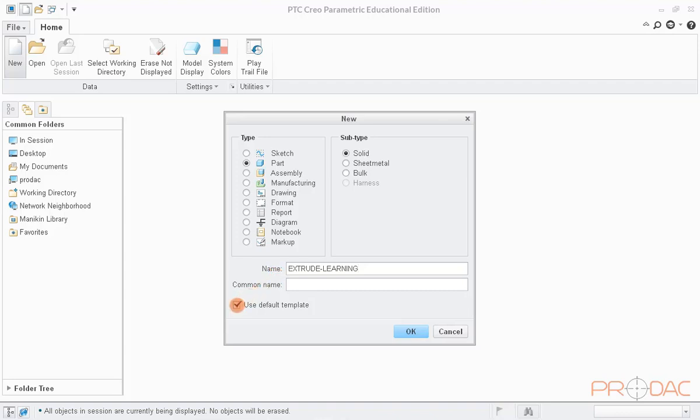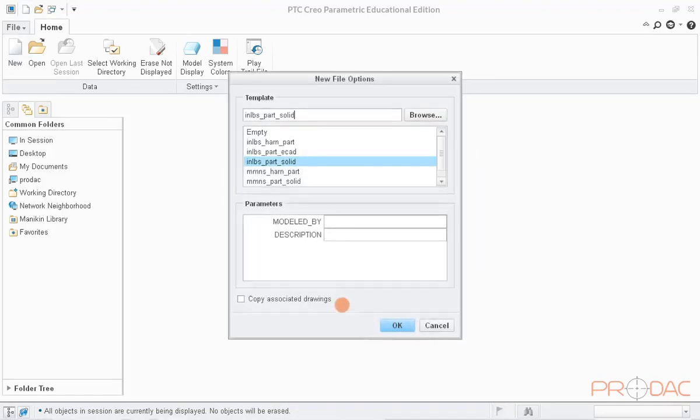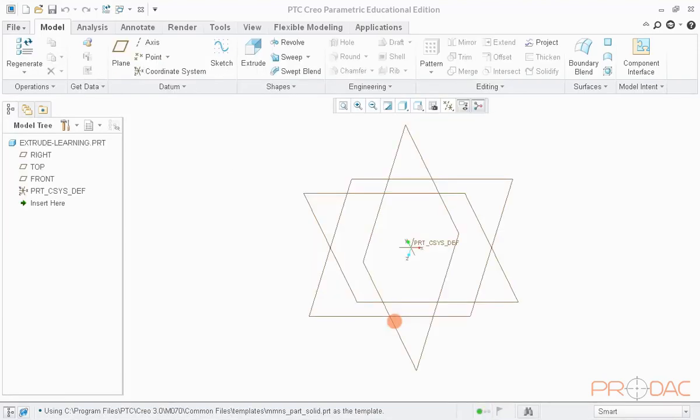Uncheck the option Use Default Template and say OK. Since we are doing solid modeling in metric unit, we have to choose the option MMNS_part_solid. Click on OK to proceed.